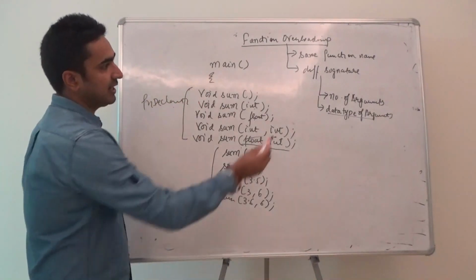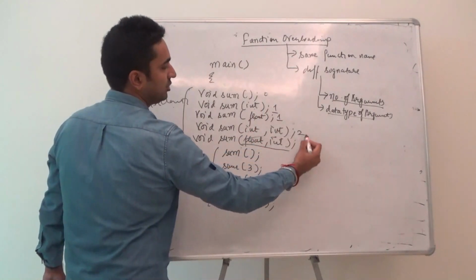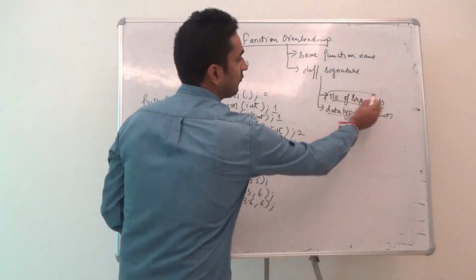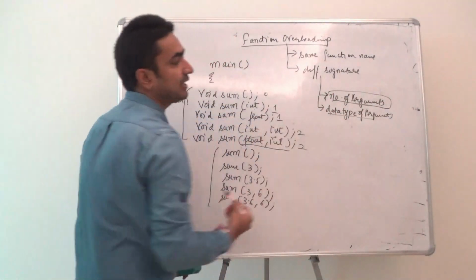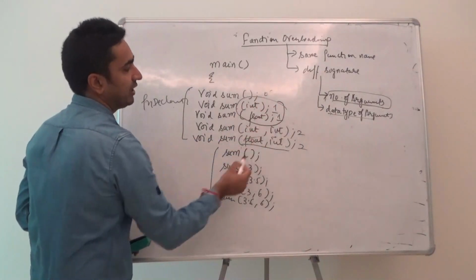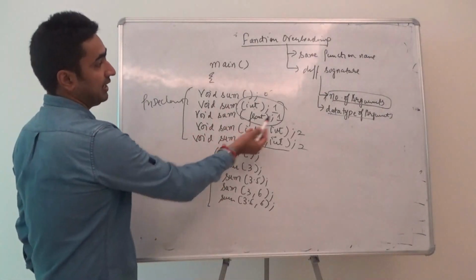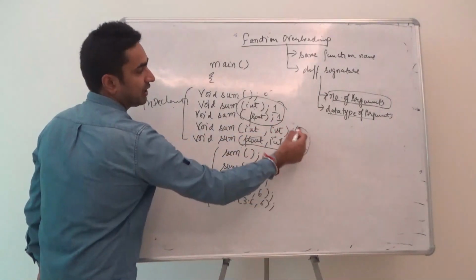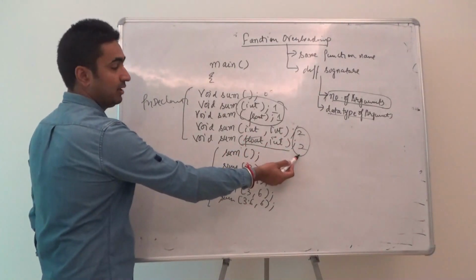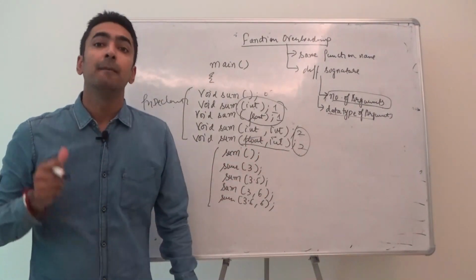Again, these are known as function declarations. Now what you have to check? Number of arguments: 0, 1, 1, 2, 2. If the number of arguments are the same, just check their data type, whether it is different or not. Yes, the number of arguments are the same over here, but their data type inside is different. Again, the number of arguments over here are the same, two arguments. Whether the data type is the same, int float? No, the data type is not the same.